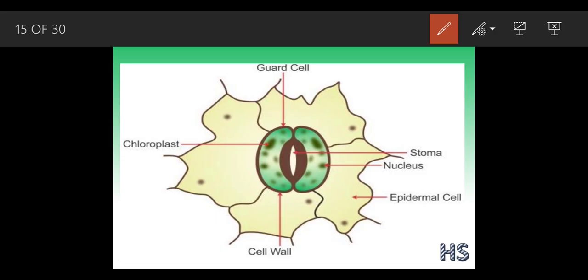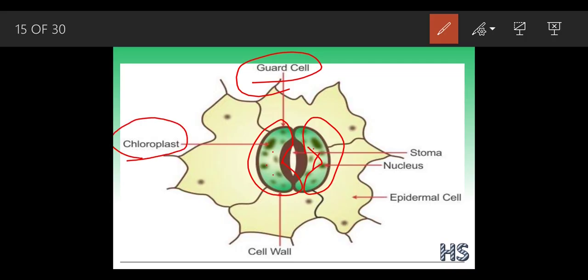See, these kidney shaped, bean-like structures are called the guard cells. This green colored particles which are present inside these guard cells are called chloroplasts. Okay, these black colored dots are called the nucleus. The outermost part of the guard cell is the cell wall, which we have already studied in the plant cell,